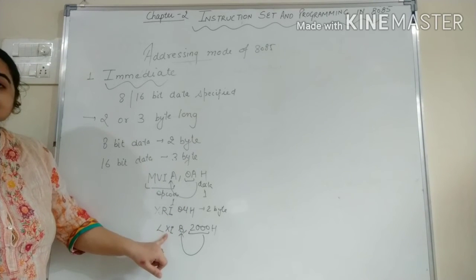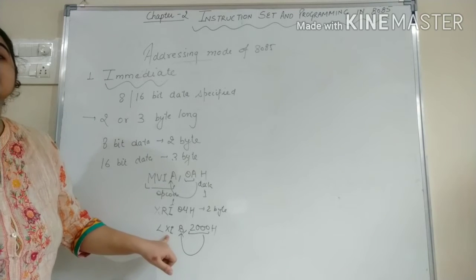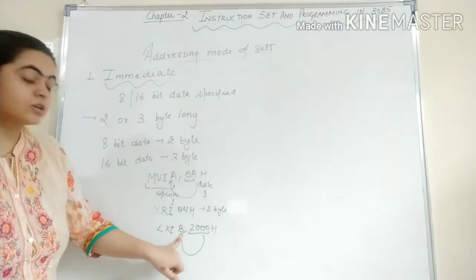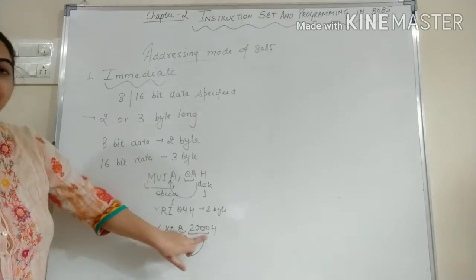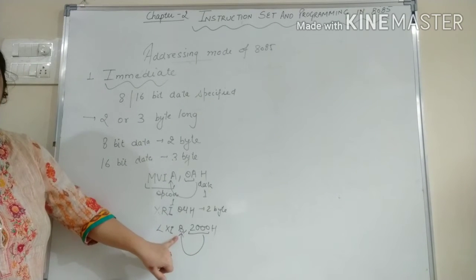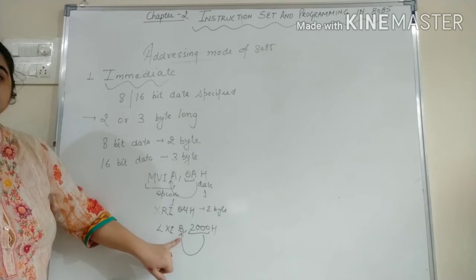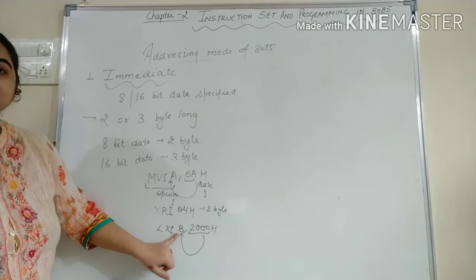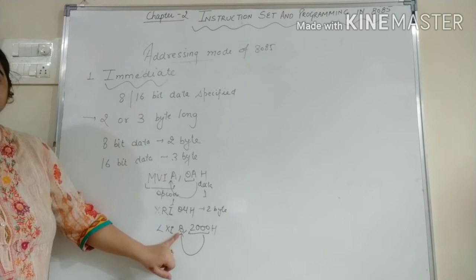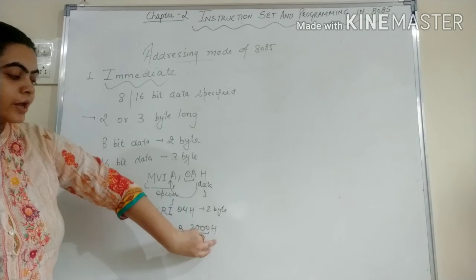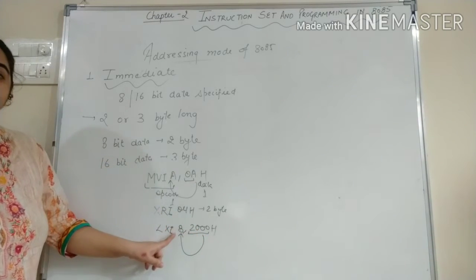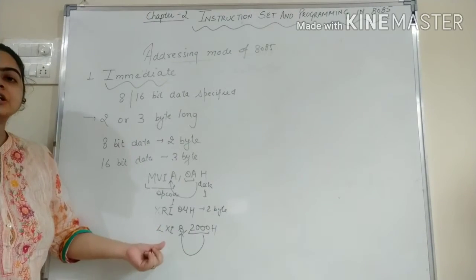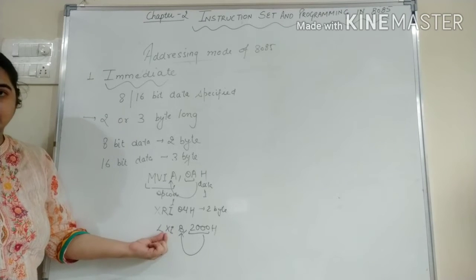Because if X is written in any instruction, that means the instruction talks about the register pair, not the single register. Here we have 16-bit data, and if we write B, that means we are talking about the BC pair. Individually B can occupy 8 bits of memory, and if we combine B with C, it can occupy 16 bits. So a 16-bit register pair can hold this 16-bit data, while an 8-bit register cannot. So in any instruction, if X is given, we are talking about the register pair.